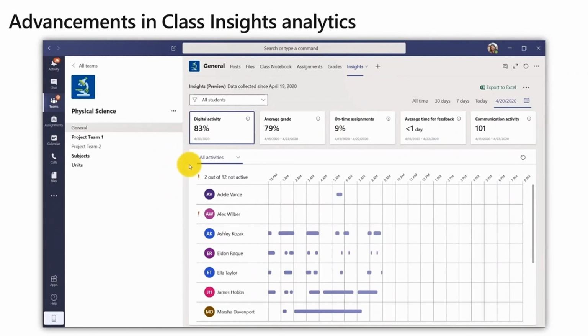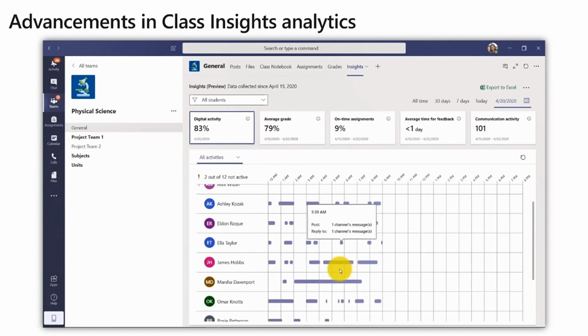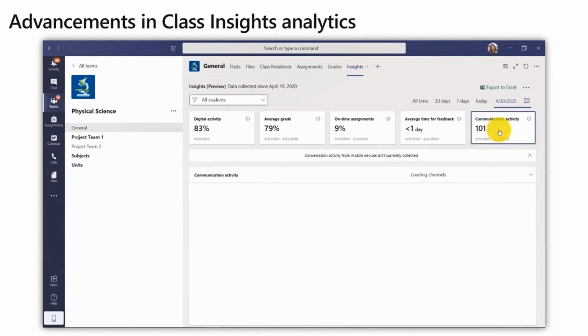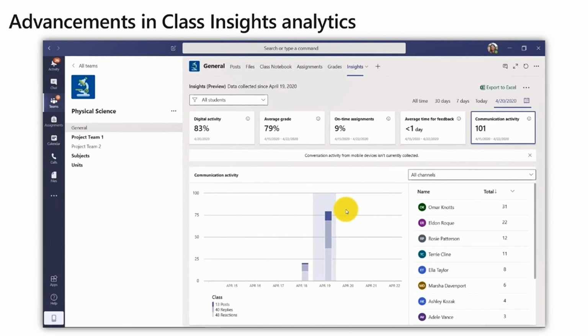You can see by student, by time, when they were actually doing something. If you hover over, you'll be able to see, hey, they're working on this document, they're working on this assignment, they joined the class. So you have really visibility of how they are engaging your class. We can also show how the communication activity is happening. So you can see the top students helping each other, perhaps asking more questions and react and help them if necessary. So you have visibility around communication.